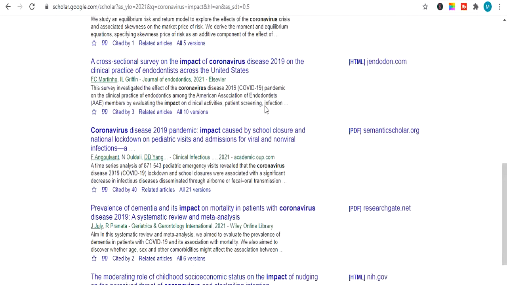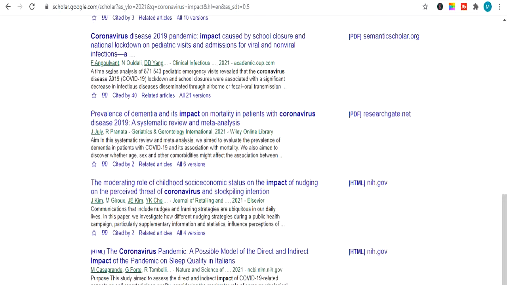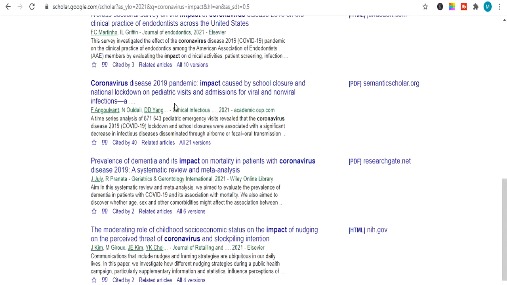Next topic is impact of coronavirus disease 2019 on clinical practice. It's related to medical. Then there is another topic which is related to school closure and national lockdown. If you are studying in the education domain, then you can work on this topic. You can even select this topic as your base paper.